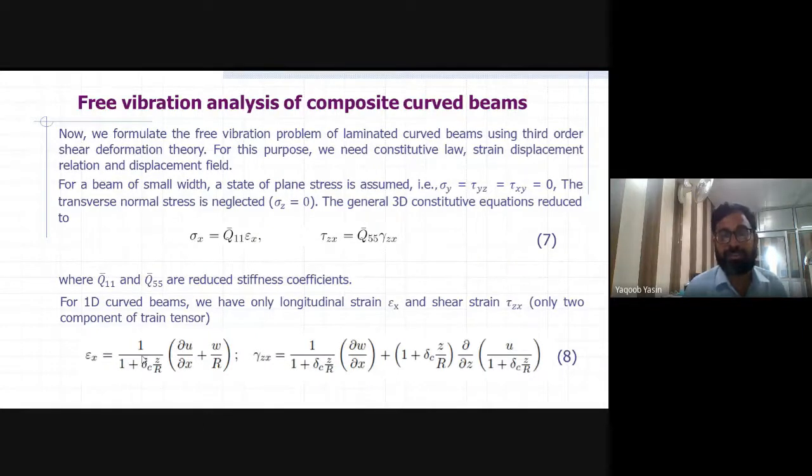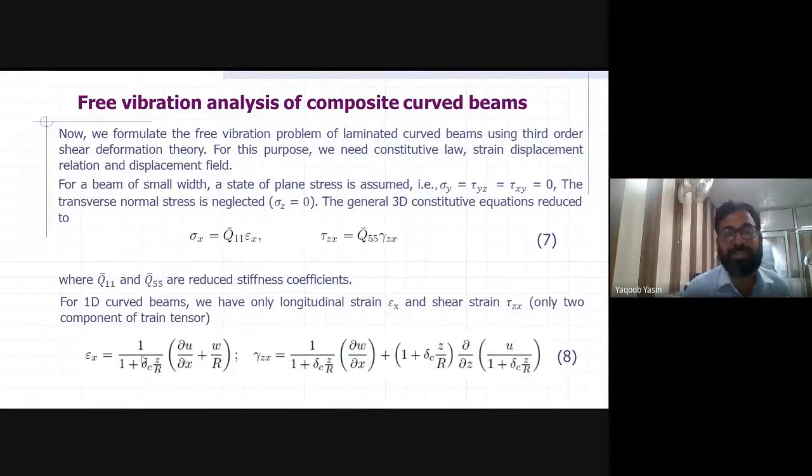Therefore, for this case, we have sigma y, tau yz, tau xy, meaning the variables which are dependent on the y direction will be 0. And in beam or plate cases, the thickness deformation is very negligible because length is very large in comparison to thickness. Therefore, sigma z will be 0. For this case, we have first for finding